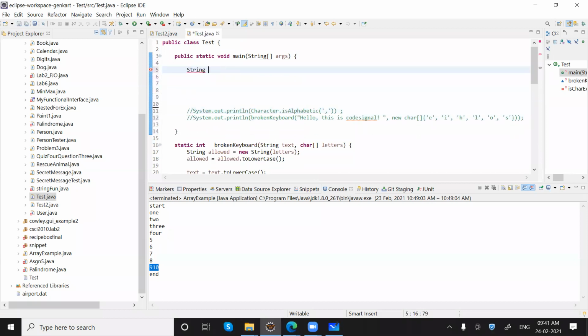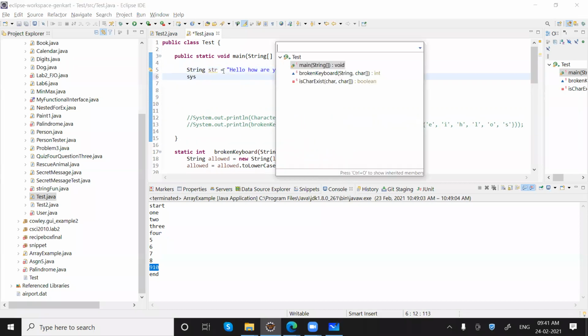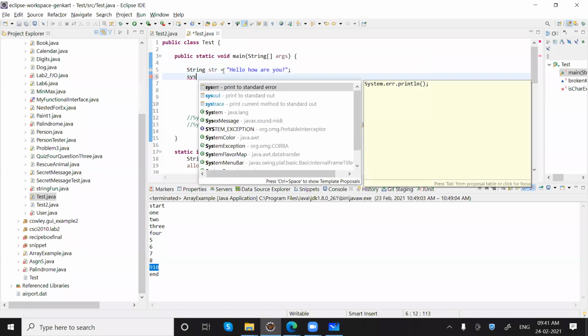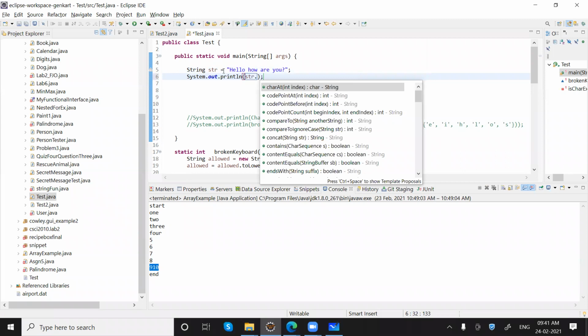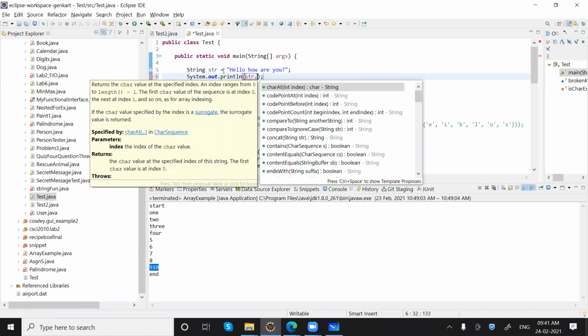We have a string, let's call it str equals to "hello, how are you?" What are the different operations available inside the string class? So if I say System.out.println str dot, let's say I'm saying charAt.